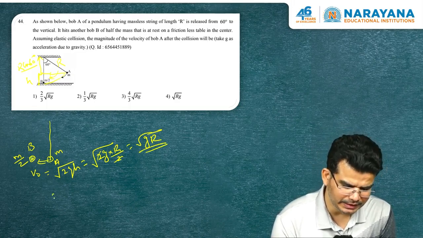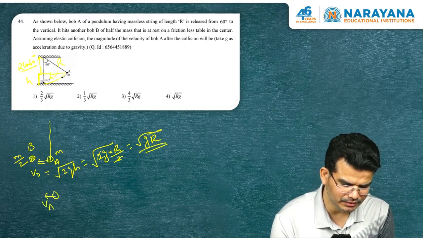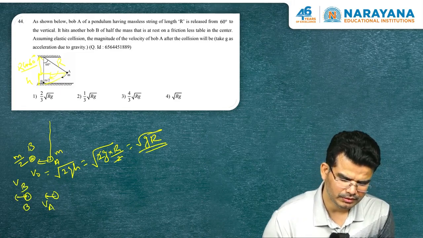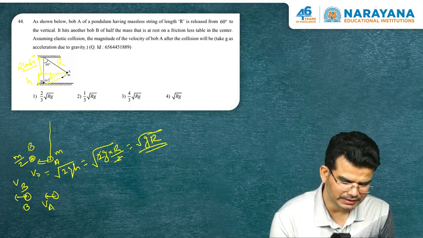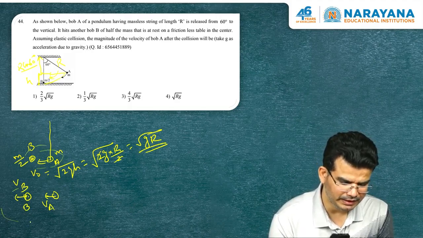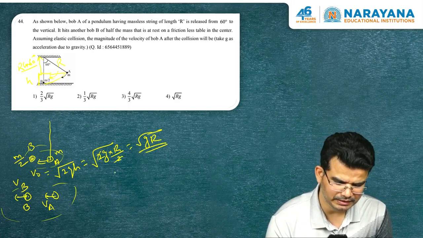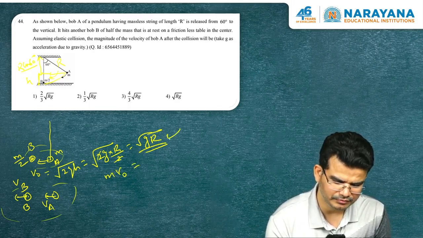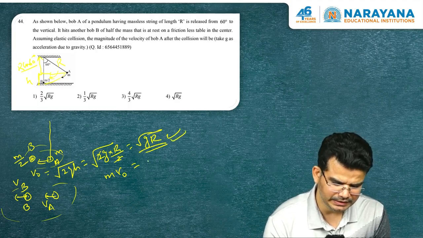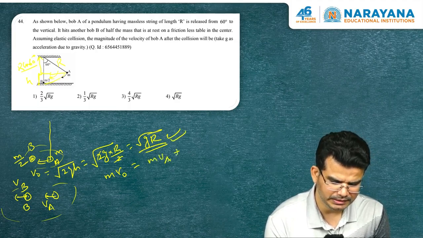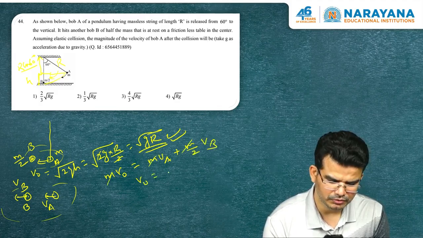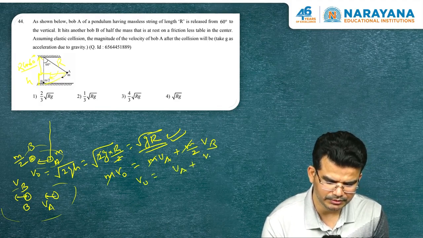After collision, let us say A will have velocity V A and B will have velocity V B. Okay. So, can I apply momentum conservation? This is your initial and this is your final. So, just apply momentum conservation. P initial is m into V naught, where V naught value is root g r, we will put this, and finally it is m V A plus m by 2 V B. Okay, m gets cancelled. So, we get V naught equal to V A plus V B by 2, very simple,